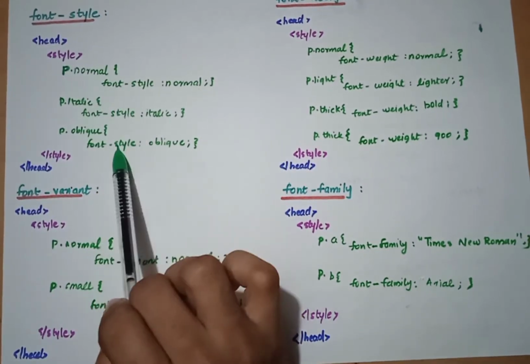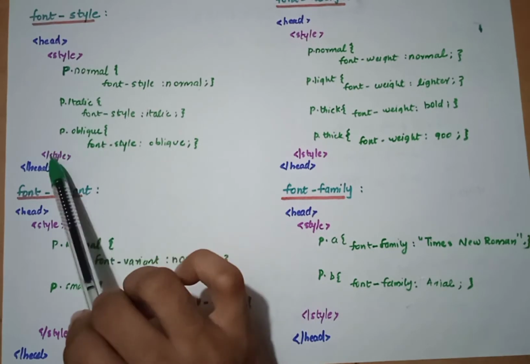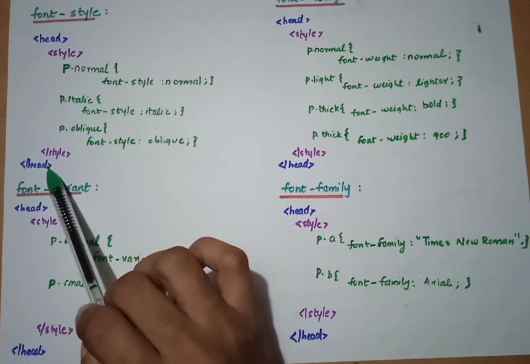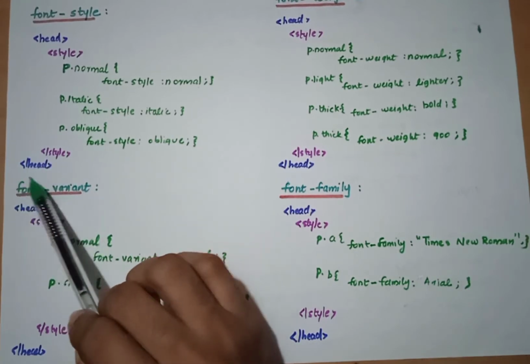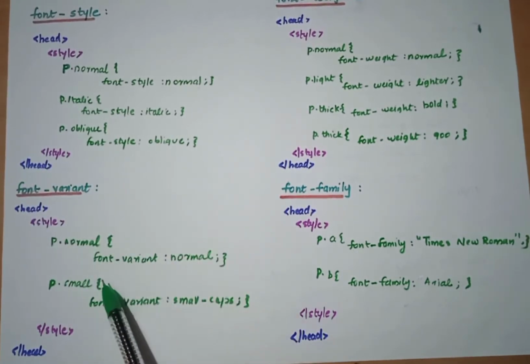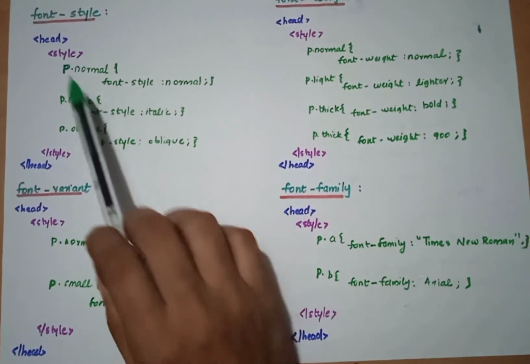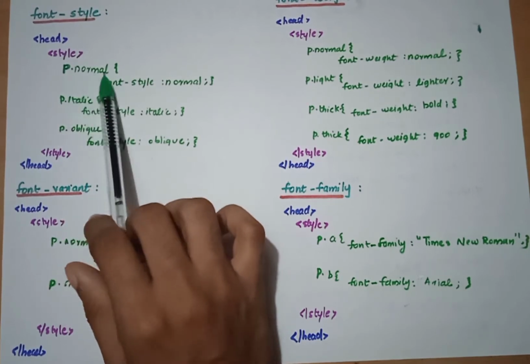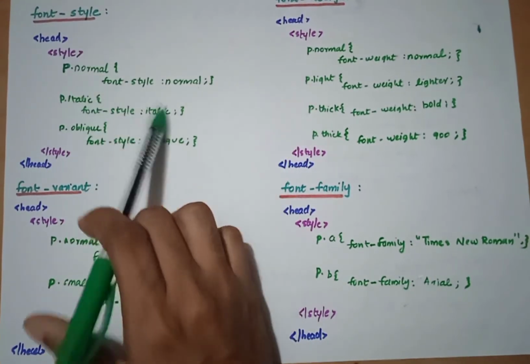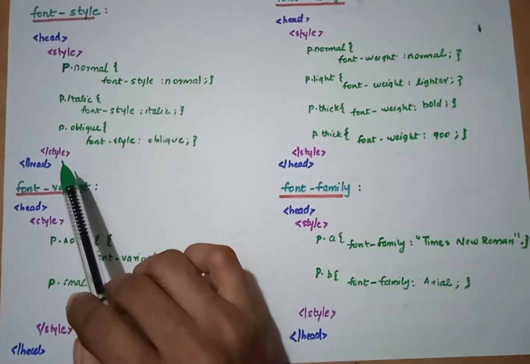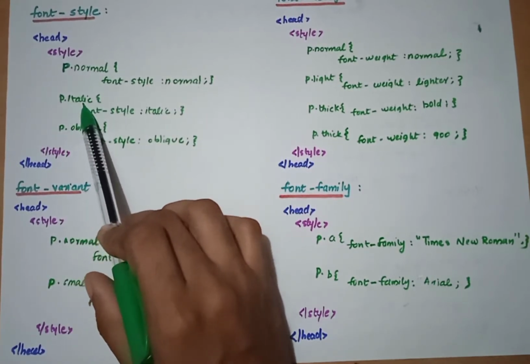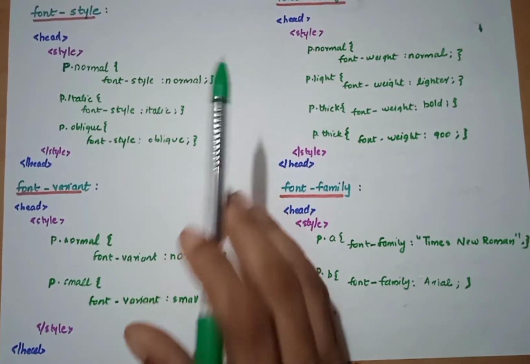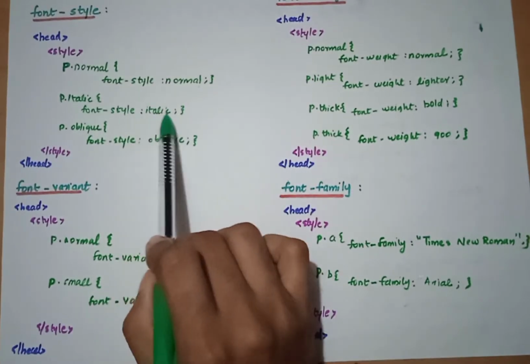As I completed my styling here, I just closed my style tag and also my head tag. And thus you can continue with coding using the body tag and whatever you have to mention here. For one paragraph you can use paragraph class equal to normal. So for that paragraph only this style works. And for the next paragraph you just define it with class equal to italic or whatever name you give. Then just write the thing to be displayed, and that will be displayed in this font style.